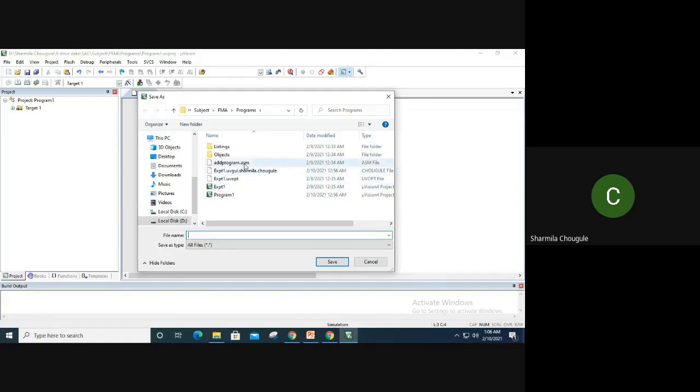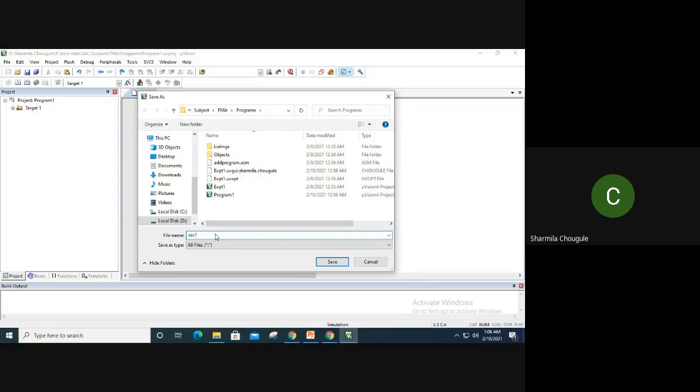You can write any name for the file without any keywords. I'll write it SAC1. This is my name for the program file.